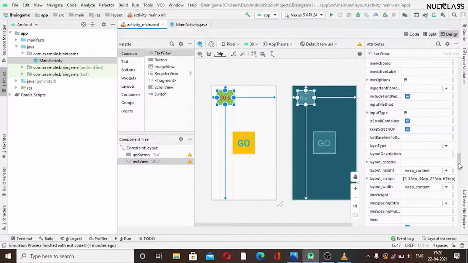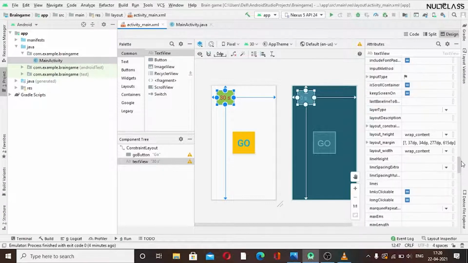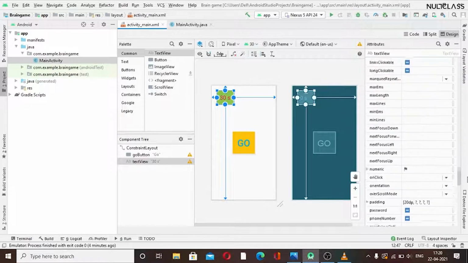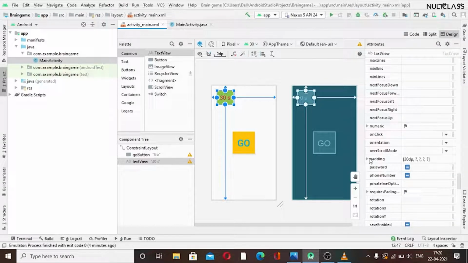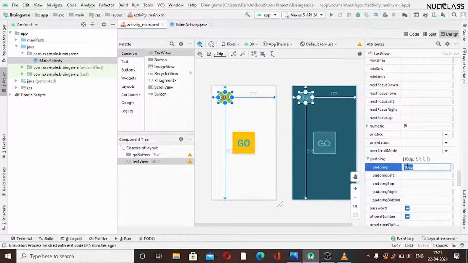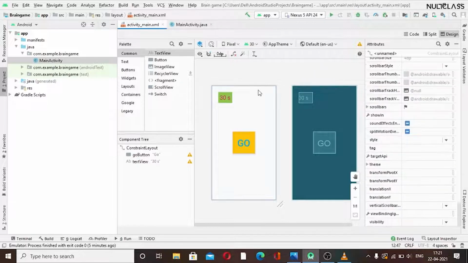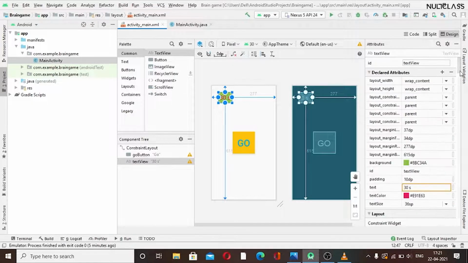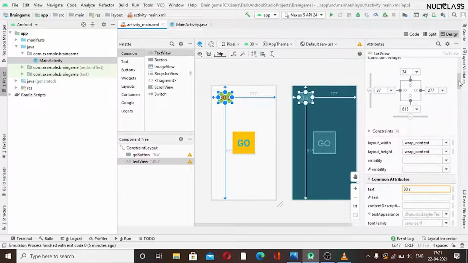So I will decrease the padding size a little bit. I think 10 will be enough here. Okay, as I want it in the left corner, I will decrease its constraint size a bit from the left.